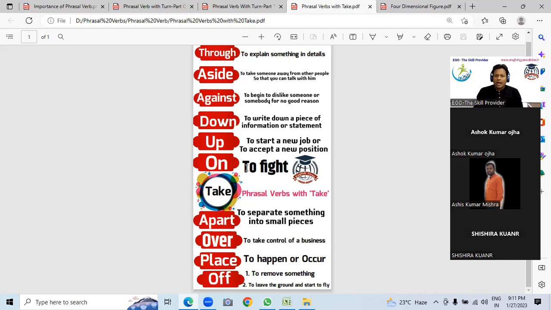Okay. And take on. Take on means fight. India is going to take on Pakistan head on. India is going to take on China. So take on means fight. It's just like fight, and basically it's a sports term. You can say India takes on Pakistan on Friday. Whenever it comes to cricket, you can find it on the sports page. You can say India takes on, India will take on, or India takes on, like that.